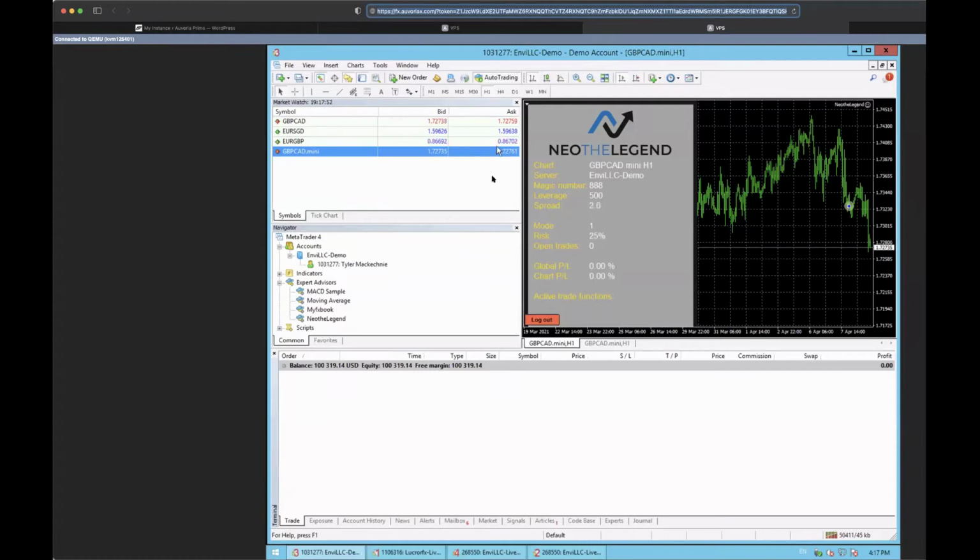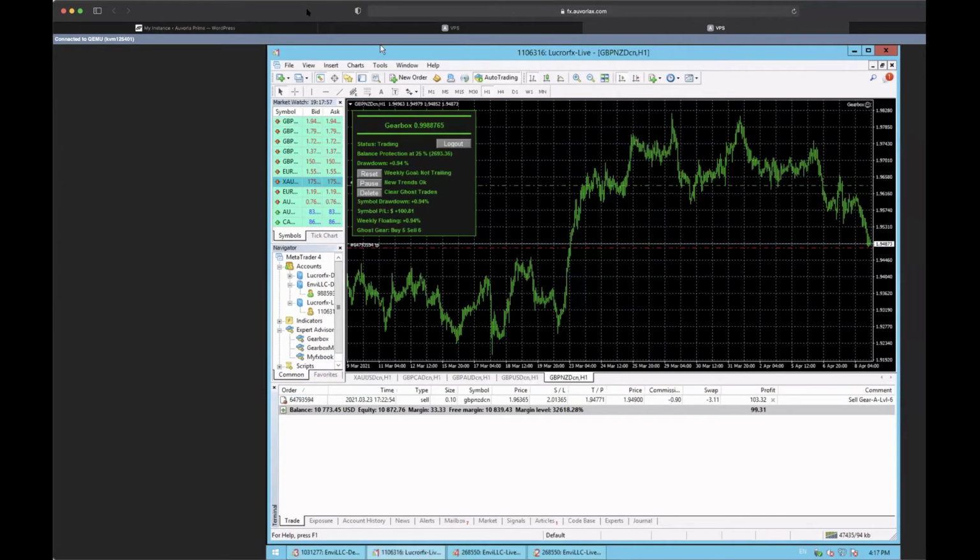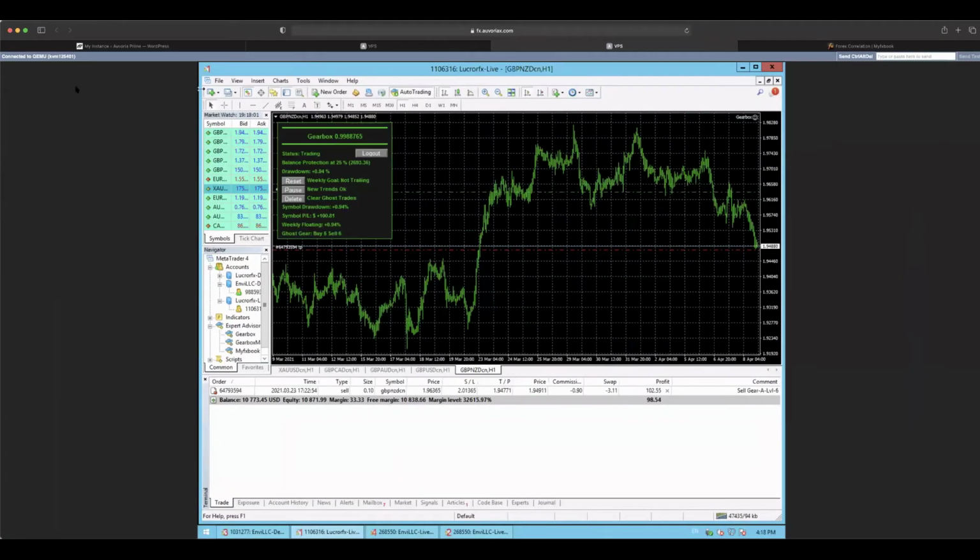Hold on. It's Neo. Ignore that real quick. Perfect. Here's a great example. I love this example right now. You can see this is a GBP NZD trade that honestly I'm probably about to just close in profit because it's literally about to hit my take profit. In fact, I'm going to take a look at this on my phone. But one trade, quick 1%, right?